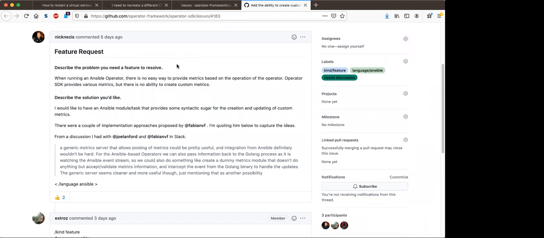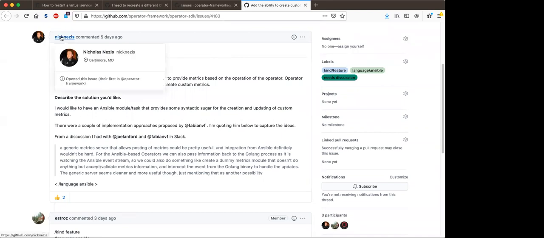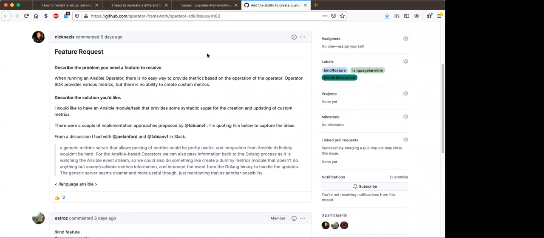So this one, Nick reached out to Fabian and I a month or so ago, and we had a chat with him on Slack, and this was just a summarization of what we discussed. Fabian and I both agreed that this seemed like a thing we could do. And then it just so happens that Nick opened this issue.